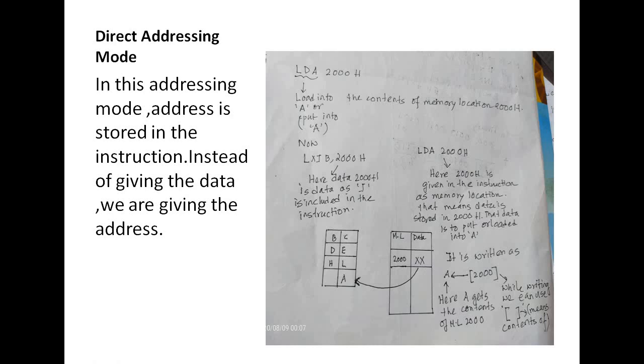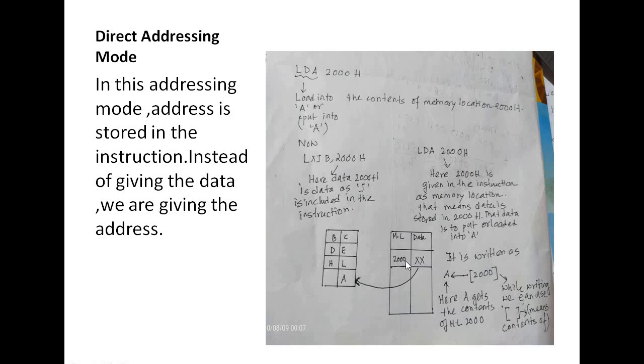And what does this address contain? This address contains the 8-bit data on which you want to operate. So that 8-bit data will get loaded into accumulator. Very clear? This is your memory, this is your processor, and it contains the registers. Now you have written LDA 2000H. What will the microprocessor do?